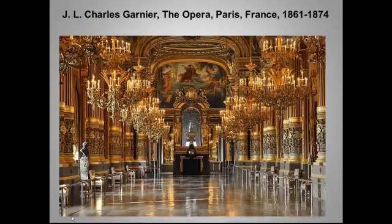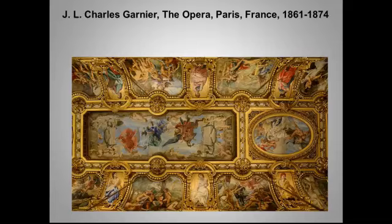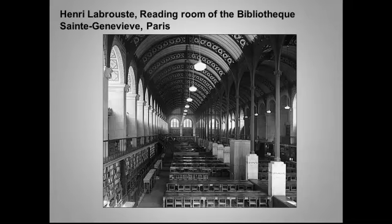And here is the really neo-Baroque Grand Foyer with its ceiling, which is very similar to the kind of ceilings that were painted by Italian Baroque artists, particularly Carracci. Now, this reading room is more neo-Renaissance. Note the barrel vaults in particular, but what makes it striking and earns it a place on at least one AP exam, hint,